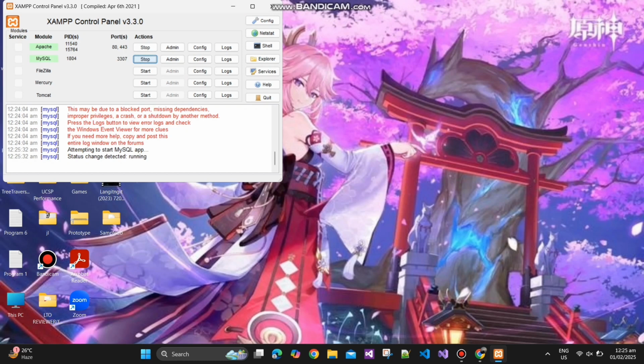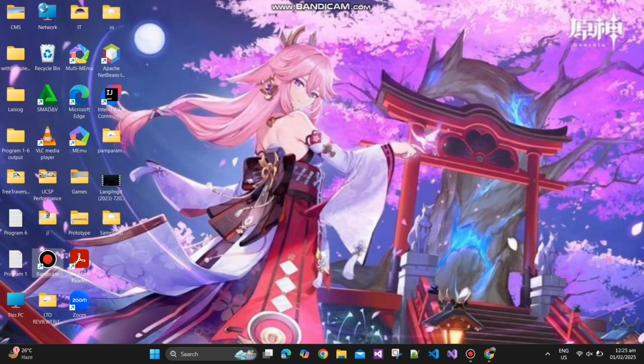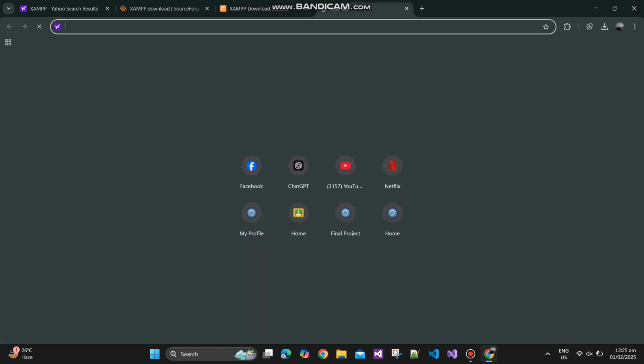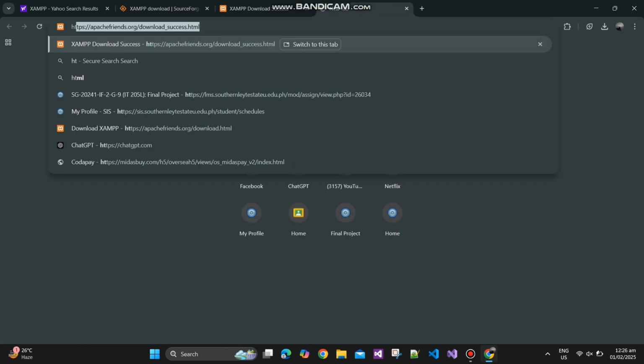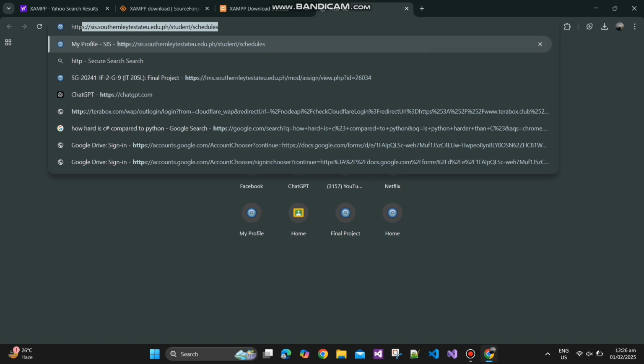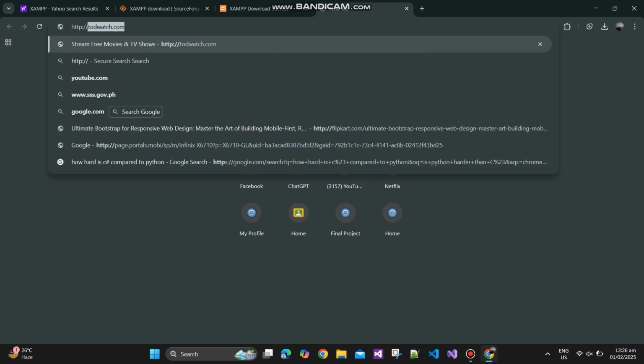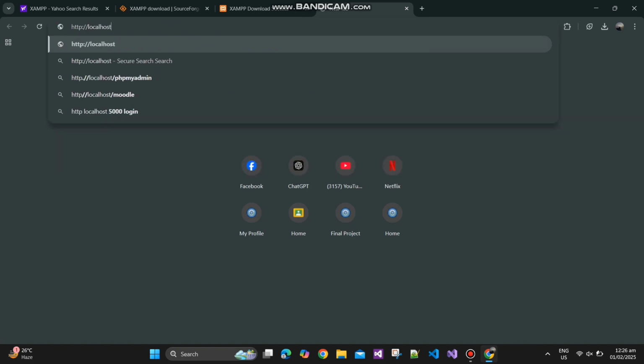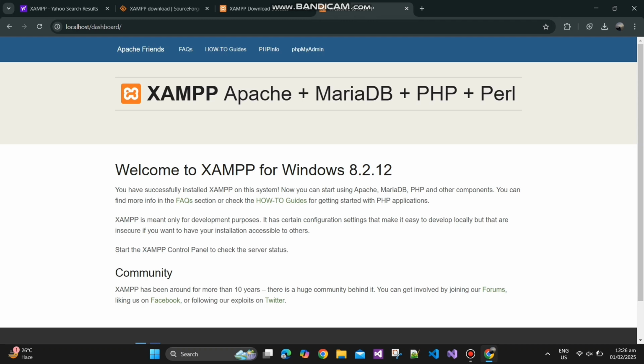The MySQL should now be working. Open the web browser and then type http localhost. The welcome page should appear. And that's it.